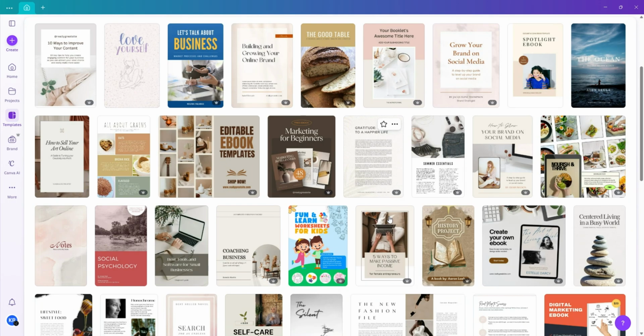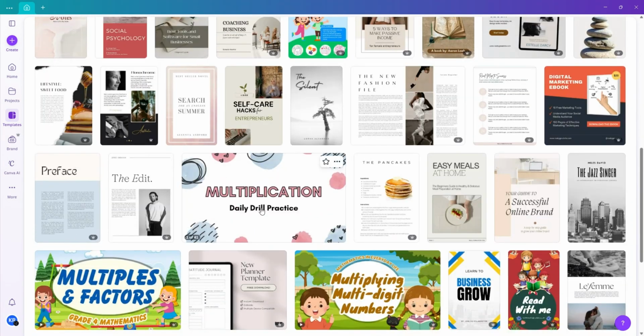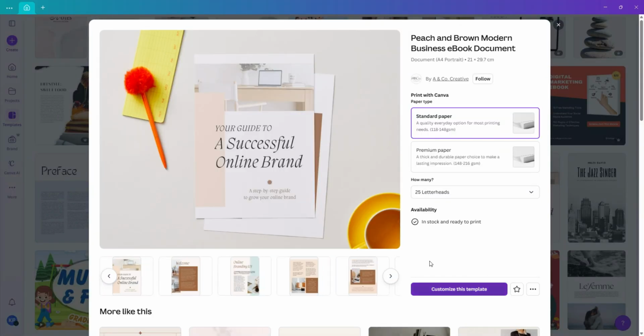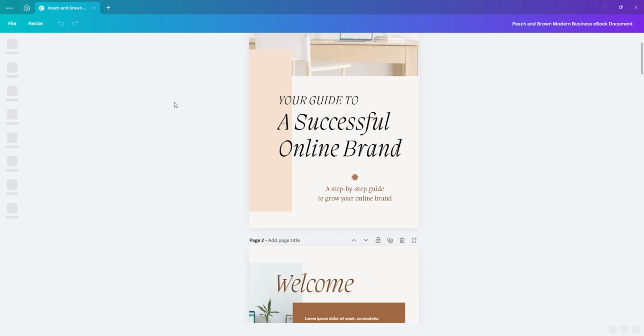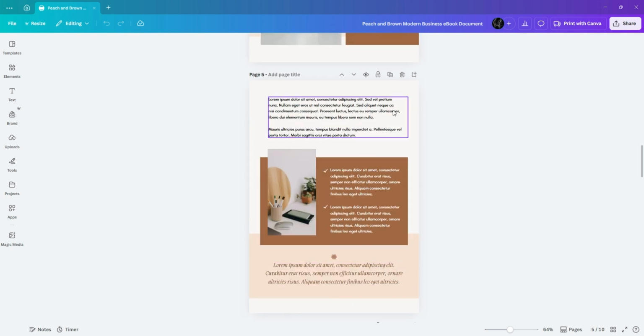Now I can see templates that include complete layouts for every chapter. I'll scroll through the results until I find one that fits my brand. This peach and brown business document looks perfect, so I'll select it and click Customize this template to open it in the editor. Once the editor loads, I'll take a moment to scroll through all 10 pages to see how